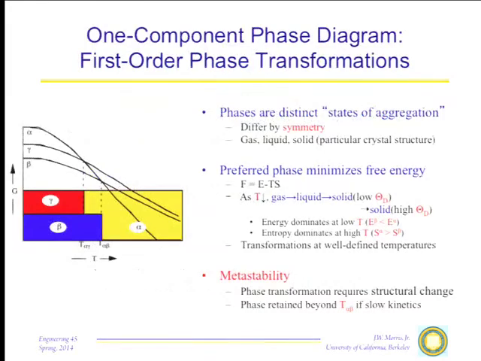One component phases are very easy. Ordinarily, the phases that we talk about are discrete. That is, they're distinguishable from one another by their symmetry and characteristics. So let us say you give me a system that's an alpha or beta or gamma, whatever these phases are. Such materials that have discrete changes when they transform into one another give rise to what we call first-order phase transformations, with discontinuities in certain of the thermodynamic properties. The phase diagrams that result are something like this. Suppose I have alpha, beta, and gamma. Beta is the preferred phase at low temperature because it has the lowest energy. However, as we come up in temperature,